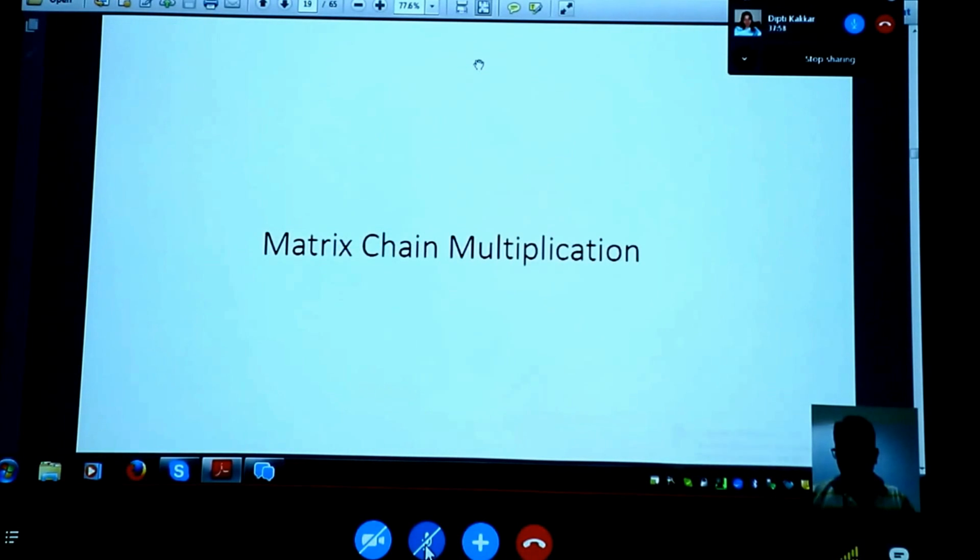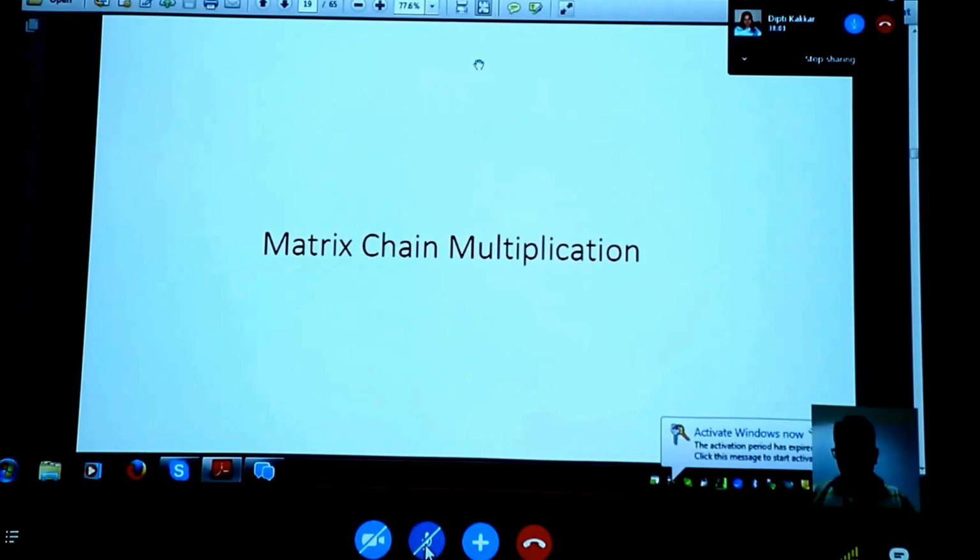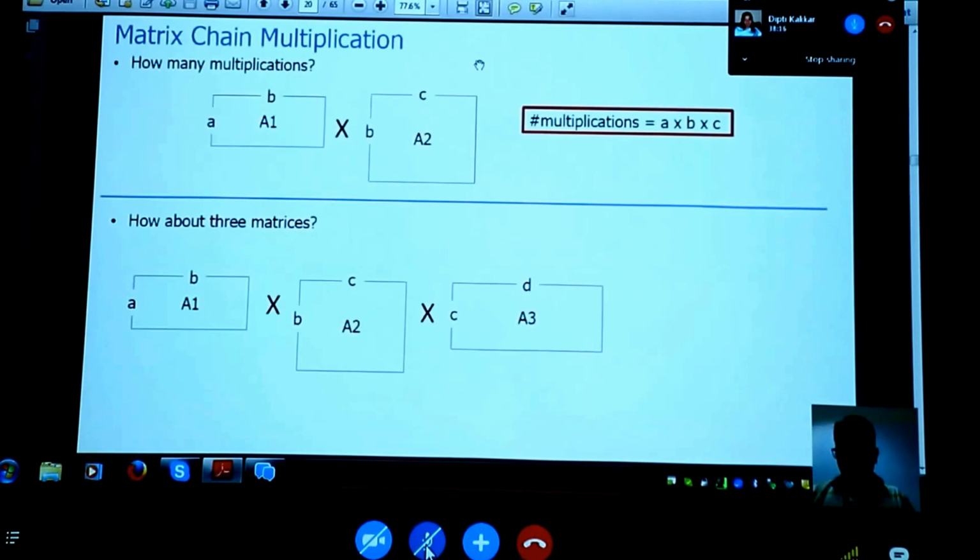So that is matrix chain multiplication. You might have already seen this, I guess some of you would have. Nevertheless, we'll go through this, keeping all this DAG, memoization, all these things in mind, and we'll work this out. So here is the problem. Let's start with matrix multiplication. Suppose we have two matrices, A1 and A2. Now, suppose we multiply the two. How many scalar multiplications are there when you multiply A1 and A2?